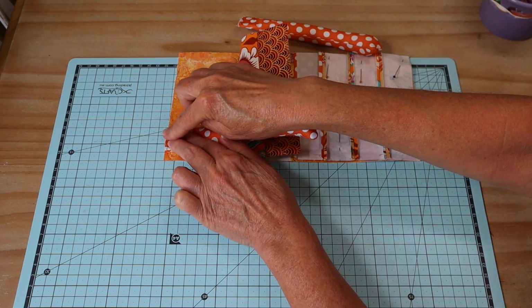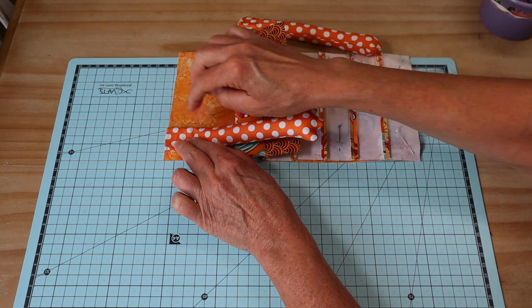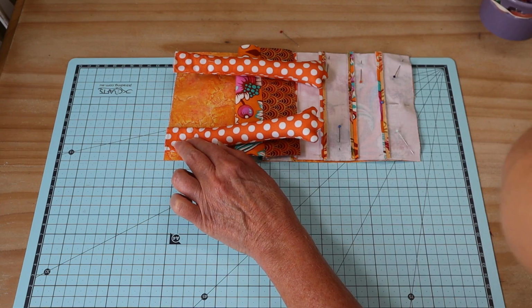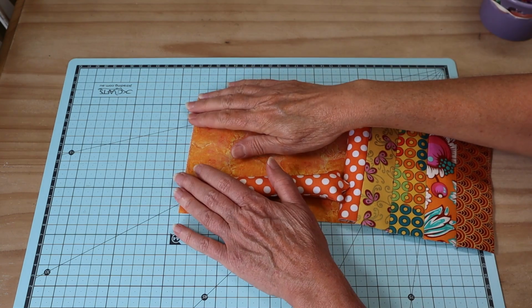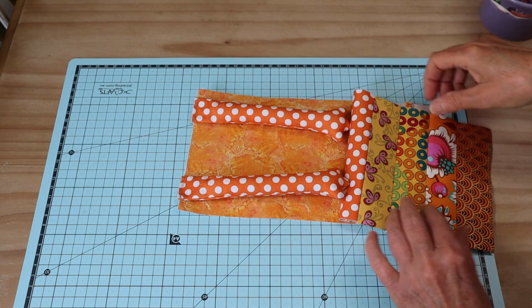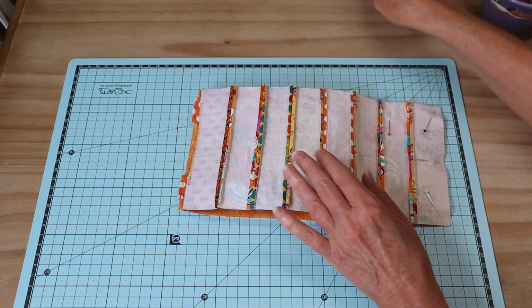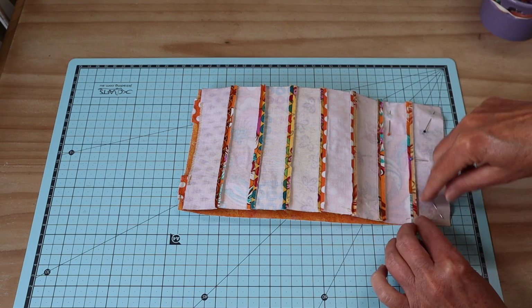But for now we're just going to stitch it into place, because it's easier when we sew that seam if they're already on one side. And so now that I've got those little legs stitched onto one side there, it's much easier for me to sew our top seam. Now we are going to incorporate our little back legs as well,